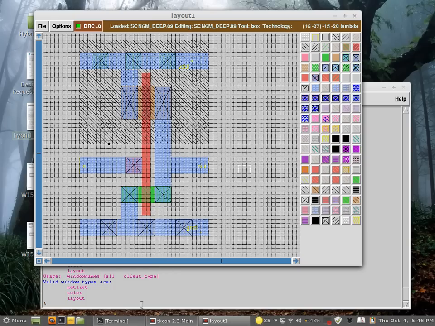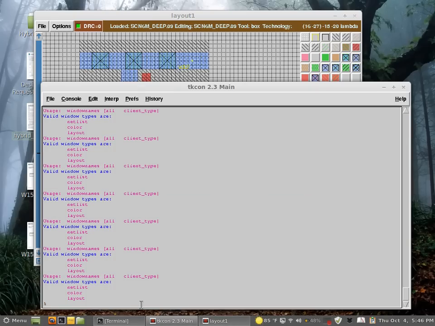Okay. Now I need to test this, right? But how do I test this? The way to test it is, of course, using HSpice. But HSpice only takes netlists, it doesn't take layouts. So there's an additional step to convert my layout into a netlist. And Magic can do that for me using two commands. The first command is called extract. It's more recommended to do extract all so that it goes through all the levels if you have multiple abstraction